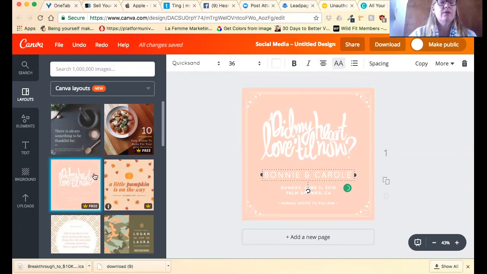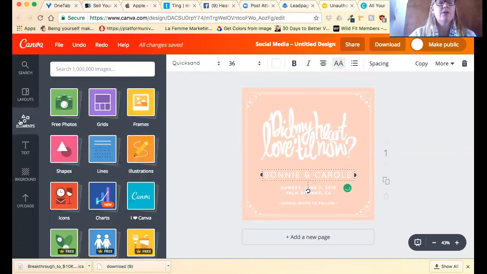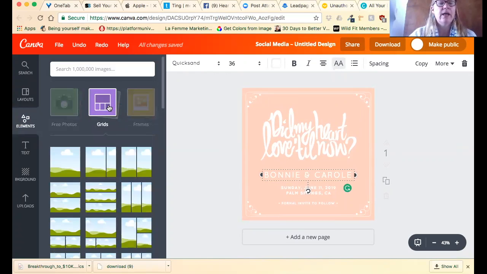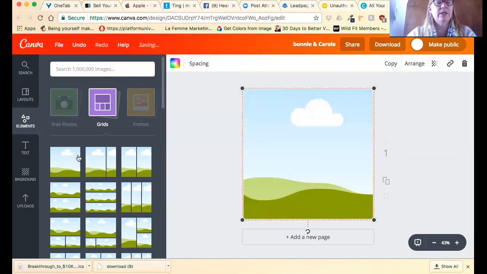What I do like to do is go up to elements, and then I use grids. For the one that I posted in the group, I used this grid. And if you use this grid, put it in here, and then